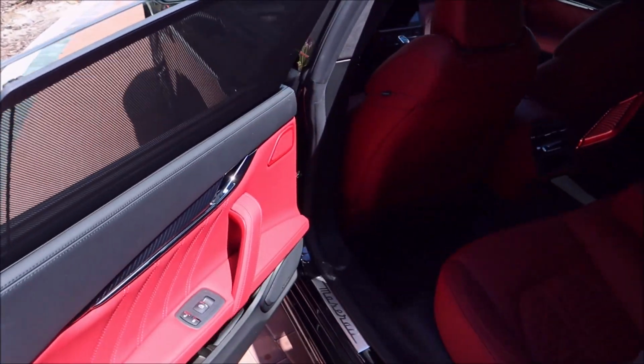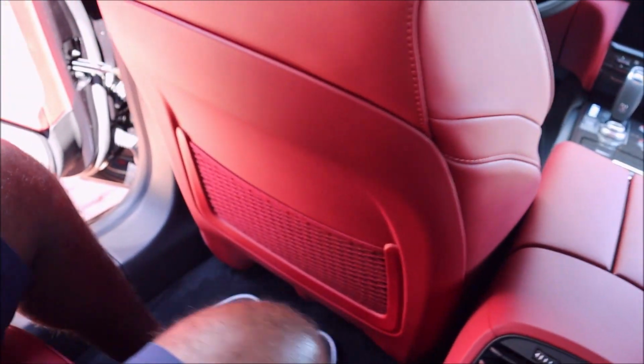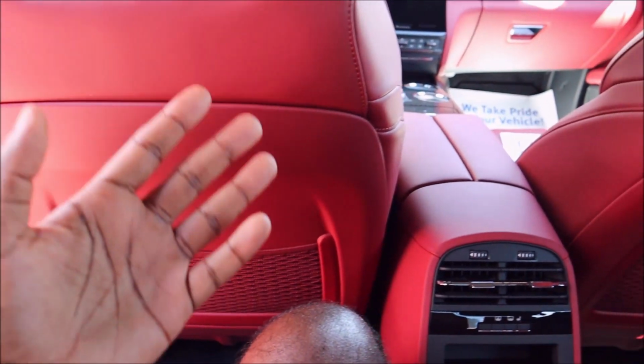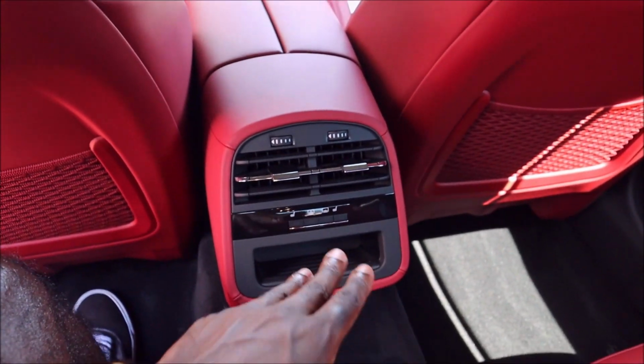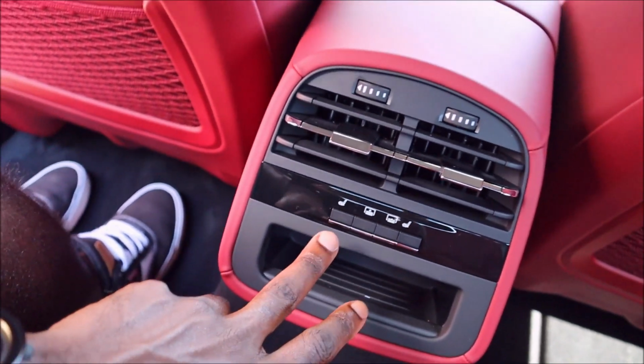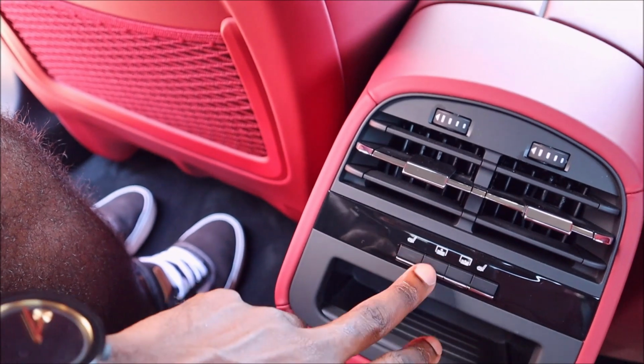They did it in 2021, they do not this year. Look at this space. I have so much room back here. This is awesome. So, yes, this is, again, why you get the Quattroporte. And you also have in the center here, not just your HVAC vents, but a little stowage, and you have heated seats in the rear as well, and your sunshade too, where you can raise and lower that